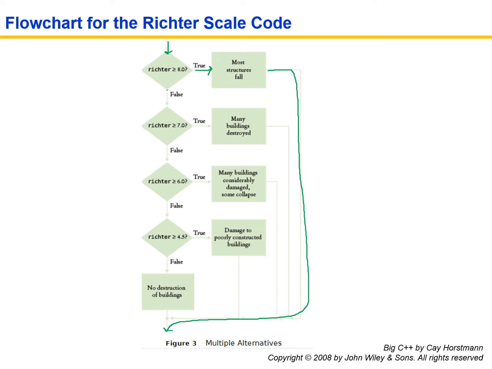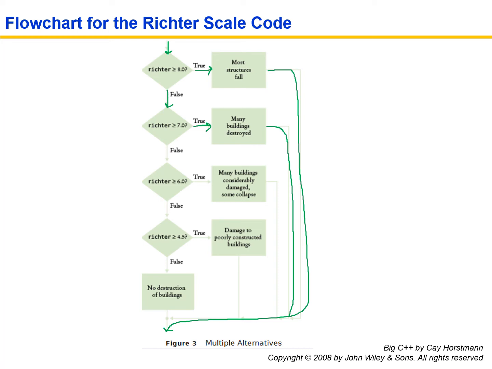If that's false, however, we want to fall through to a question, is Richter greater than 7? If that's true, we'll go to many buildings destroyed, and then we'll loop on down to the end of the code. Okay, and you see it will keep falling through to the next if, and the next if, and the next if,